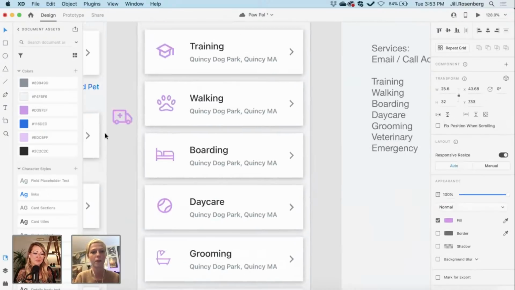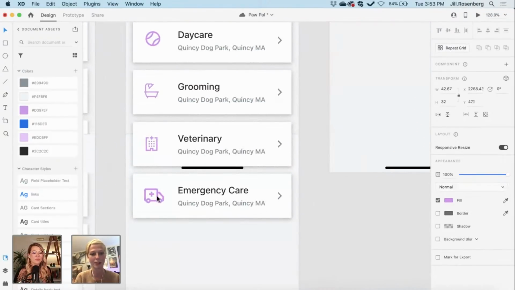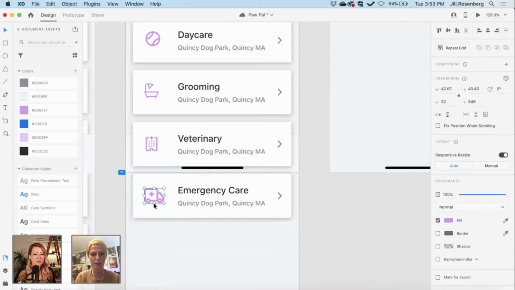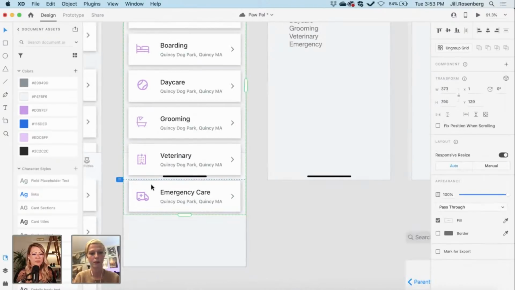Okay. I'm kind of guesstimating on the centering on these just to move a little bit faster. So forgive me if they are not pixel perfect, but okay. Now,